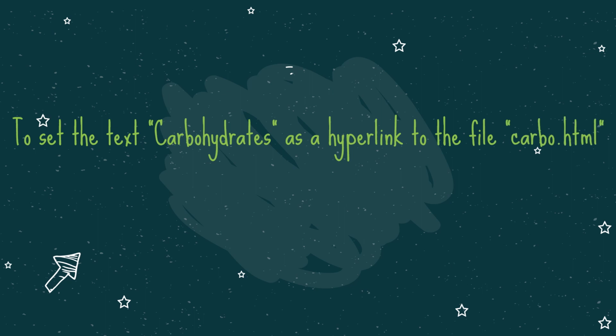To set the text carbohydrates as a hyperlink to the file carbo.html. Here we are going to create hyperlinks on a web page. To create a hyperlink, we will use the a tag, the anchor tag. So a tag to link to the file carbo.html, that is the name of the file that should be opened by clicking on a hyperlink. Hyperlink text is carbohydrates. That means this word carbohydrates will appear on the web page, and when we click on this word, it will open